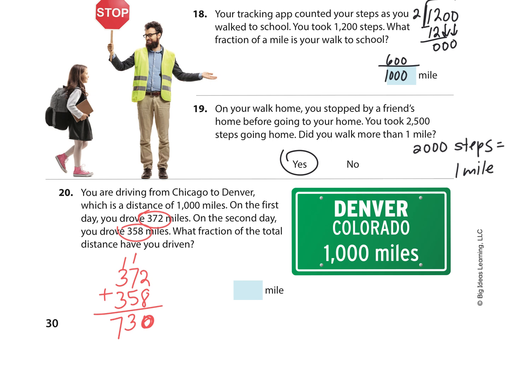So it wants me now to write the fraction of the total distance. Okay, what's the total distance? 1,000. So I'm going to write it, because it says fraction, 730 over 1,000. What if it said, what fraction do I have left? What would I have to do? You would have to subtract 730 from 1,000. Okay, today